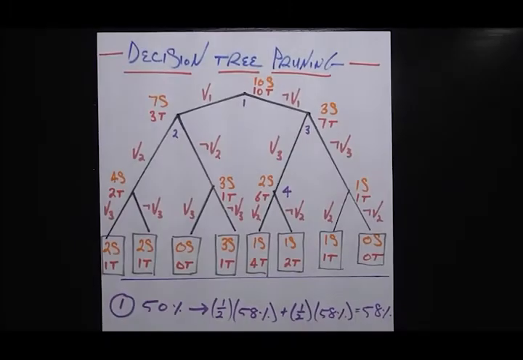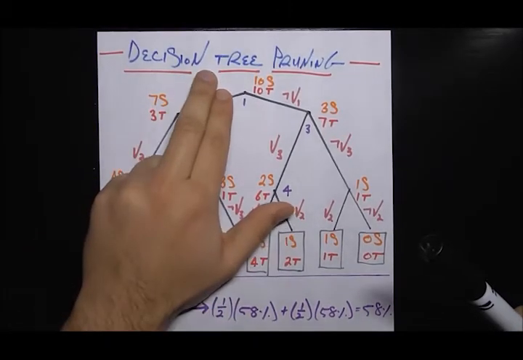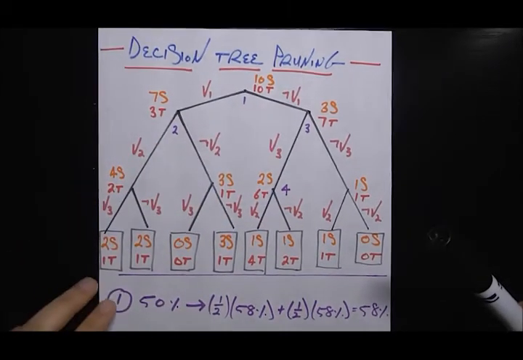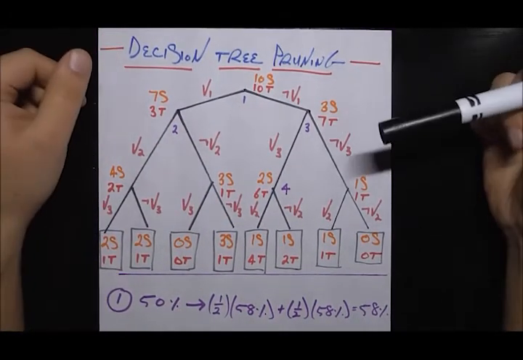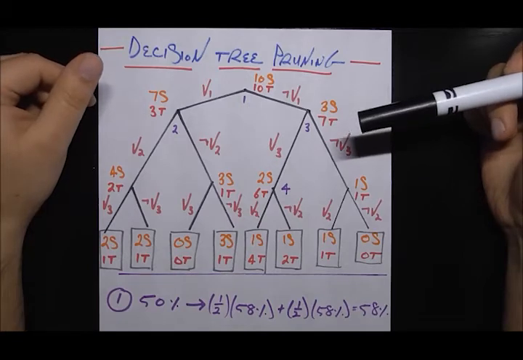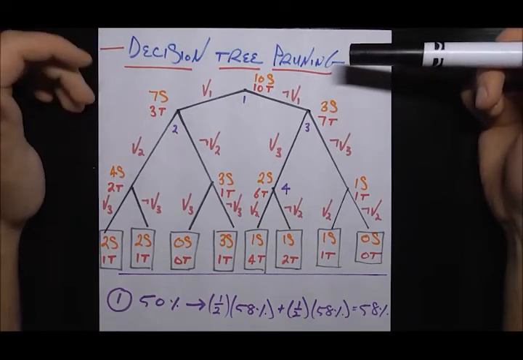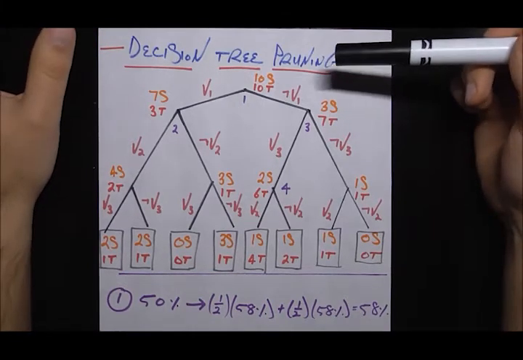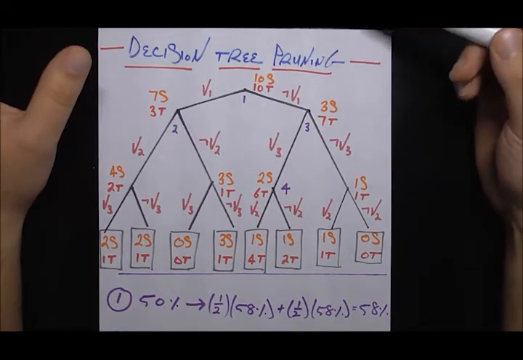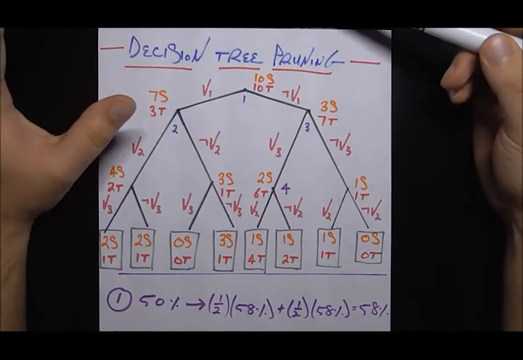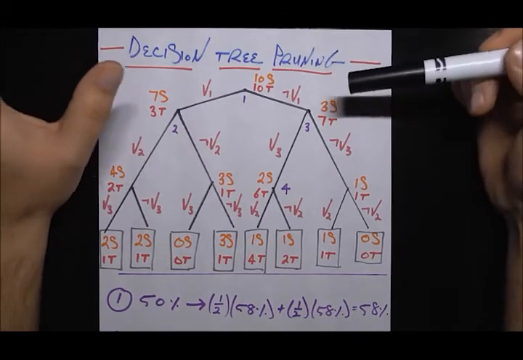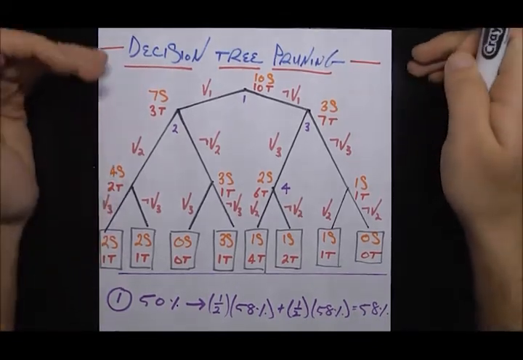In this video, we're going to revisit our good friends decision trees, and more specifically, we're going to talk about decision tree pruning. At a high level, this is a way to avoid overfitting your decision tree, which means making it way too specific to your training data, so that it's more generalized and more able to deal with your testing data in a more dynamic and robust way. Okay? That's a very high level description.